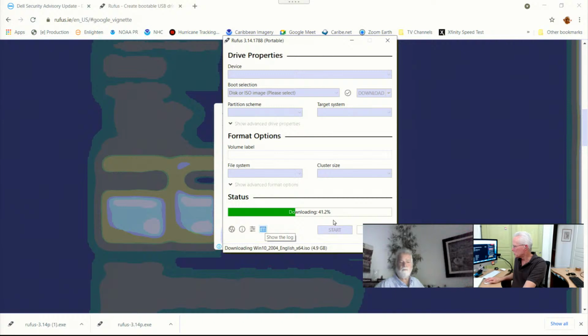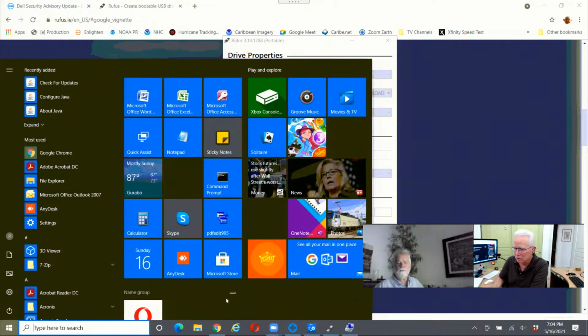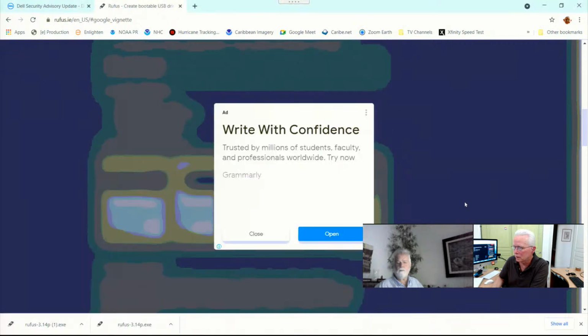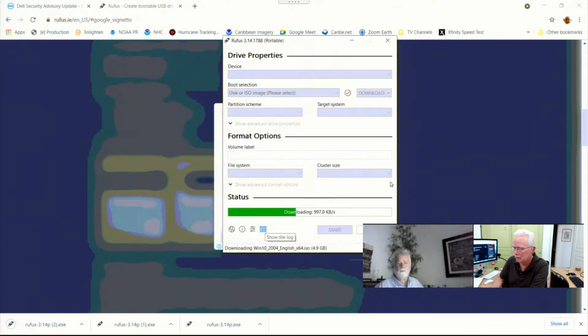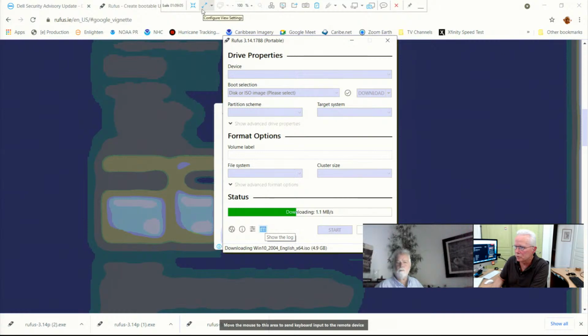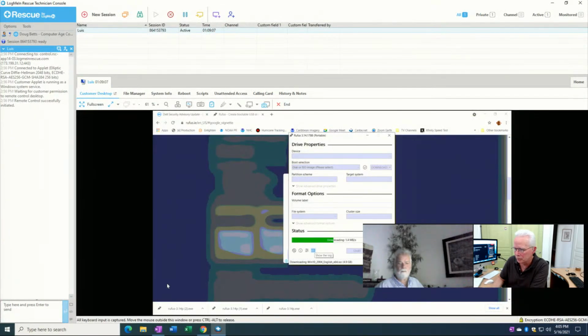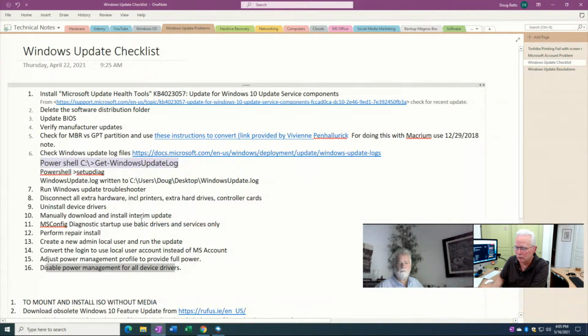Says your best bet is probably create a new account, user log out, and install the update on that user. Did not work for me, but has worked for others. I agree with that, and that is on my list of items. So I'm going to go back to my list. Let's see, keep this up front, and I'm switching back to my computer, my Microsoft OneNote. The update log, we can